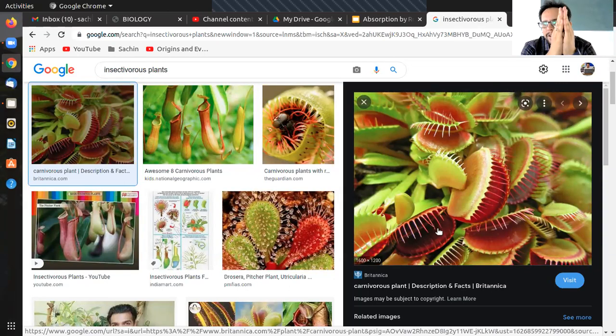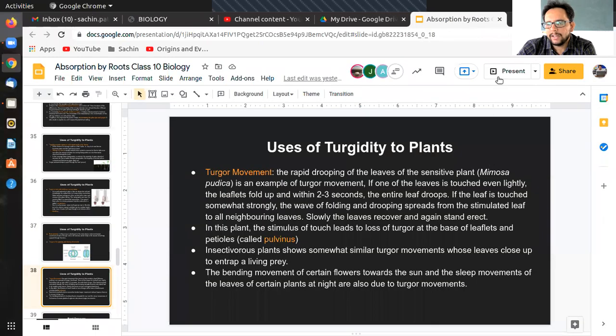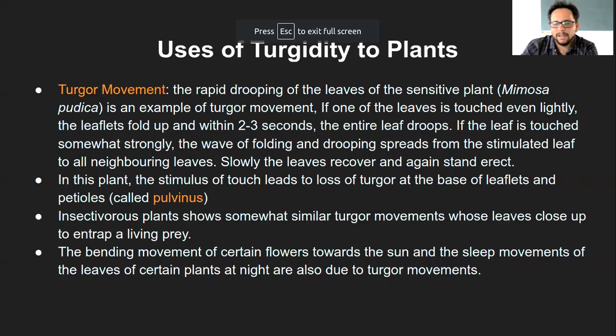That is also because of the turgor movement. So the moment the prey touches the surface of the cells on this insectivorous plant, that gives a signal, then the turgor pressure reduces, and the closing of this structure happens, and that way it leads to the killing of the prey, and then it is digested and so on. And then again, as and when the turgor pressure is retained, they go back to the open stage of these structures. So that is the insectivorous plant example, and how the turgor movement is important there.